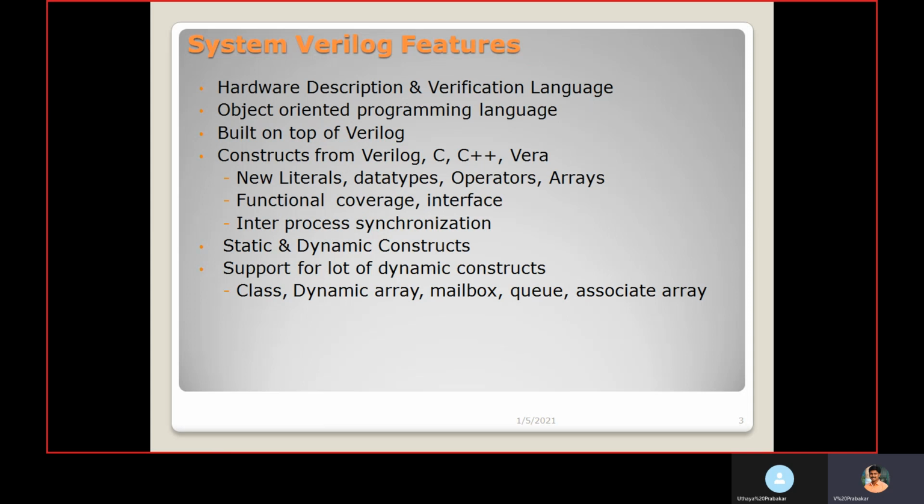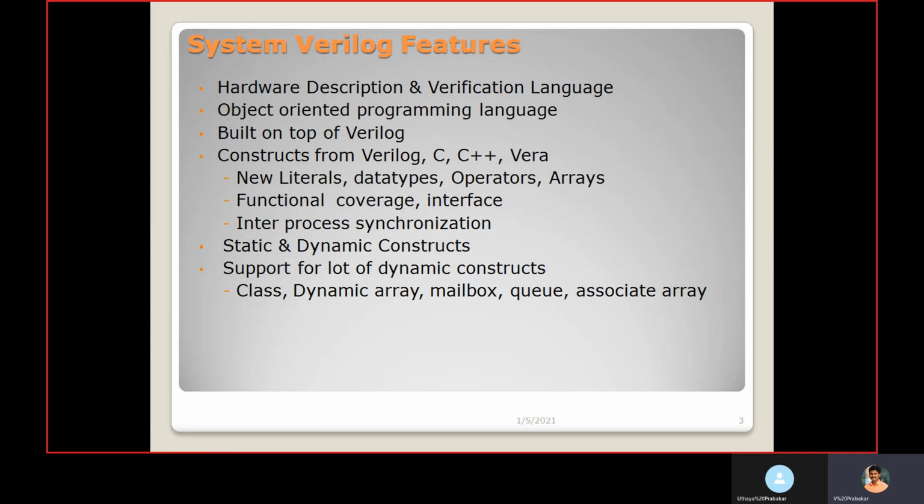For example, with 4-bit inputs there are 2 power n, that is 16 combinations. If you want to store all the 16 combinations, it requires more memory space, which is not required for doing verification. So we go with object-oriented programming, which is dynamic. Whenever we need, we can create an object and force the value to the design, and we can remove it and create a new one.